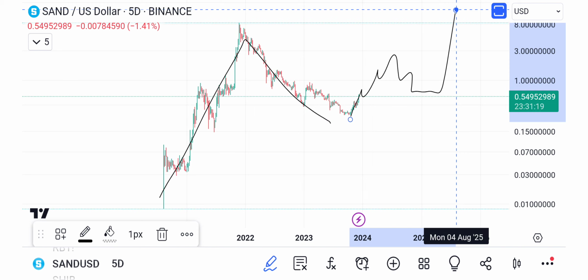But guess what? Why would I mess with Sand when Matic is already there? And QNT is already there. And XRP is already there. They are already there, right? So for example, Bitcoin,